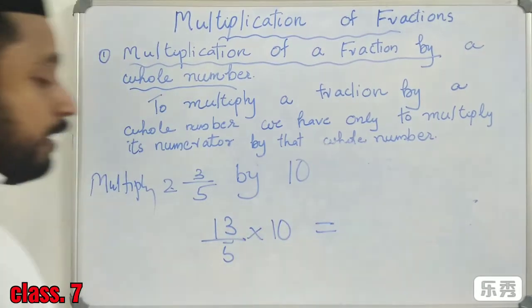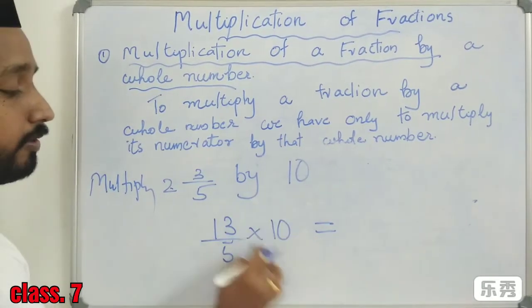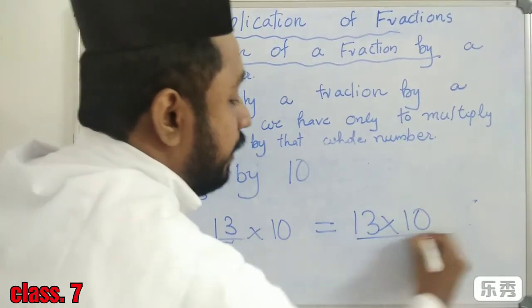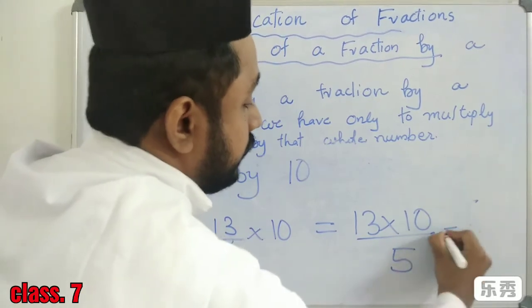This is a fraction. This is a whole number. Multiply the numerator, that is 13 into 10 by 5. This is equal to